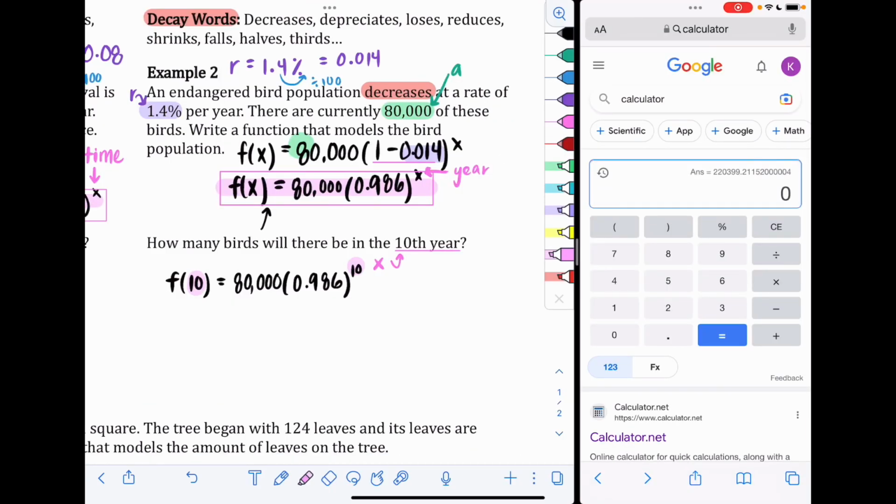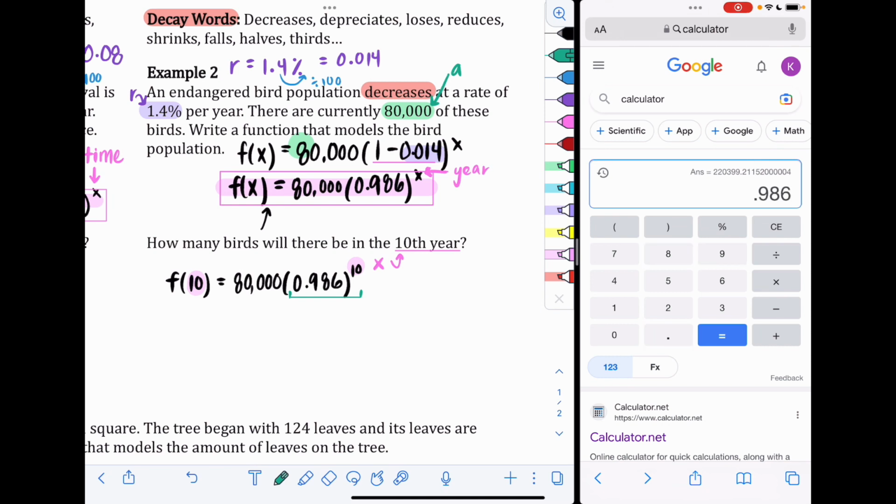Okay, so same thing here, we have to follow order of operations and we simplify exponents before multiplication. So I would have to simplify the 0.986 to the 10th power first. I can't stress it enough, if you multiply by 80,000 first, you're going to get a different answer. So we'll do